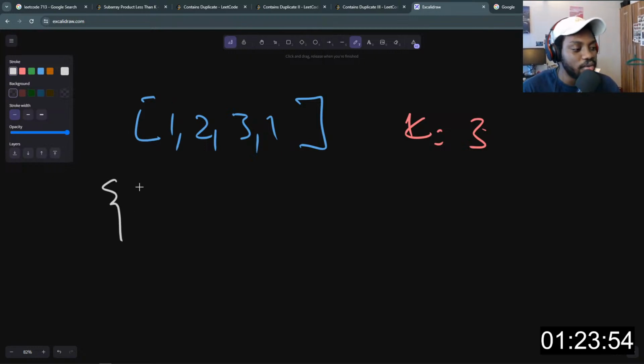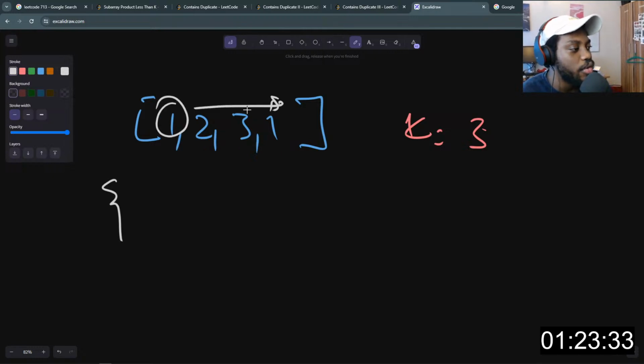So here's what we need to do. We start with 1, and 1 will be at index 0. First of all, we can use 1, and we want i and j. So the next number is going to be any number in the array aside from this one. So it could be from 2 to 3, or 2 to 1, including 3.